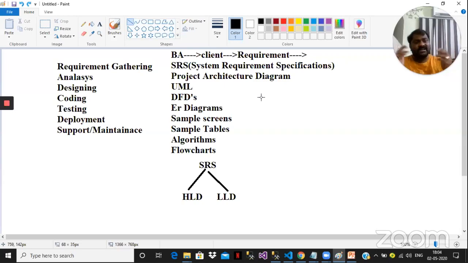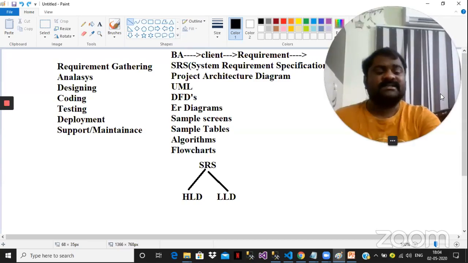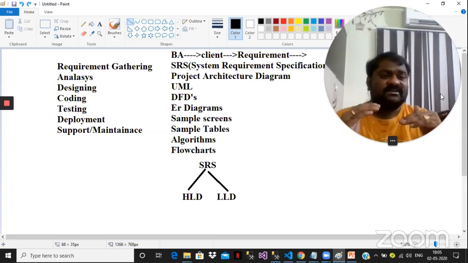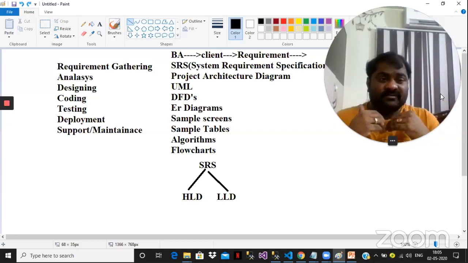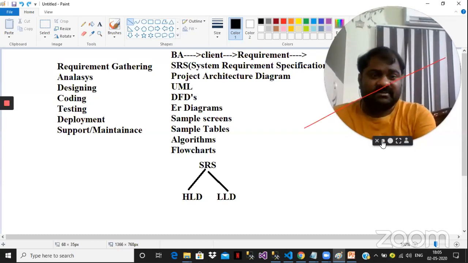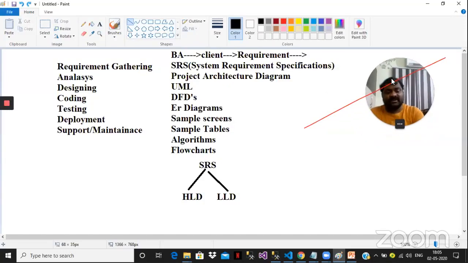So waterfall model is a sequential model. Is it clear? Sequential model means a step-by-step process. First of all, the business analyst will gather the requirements from the client. After completing the total requirement gathering, now who will enter? The designers will enter. The designer must complete the total design of the project. After completion of the total design of the project,